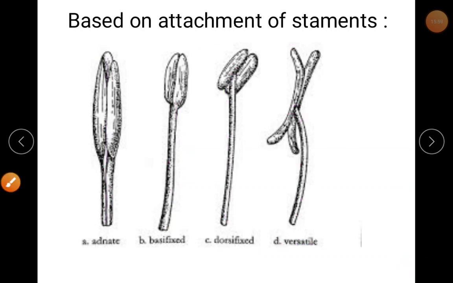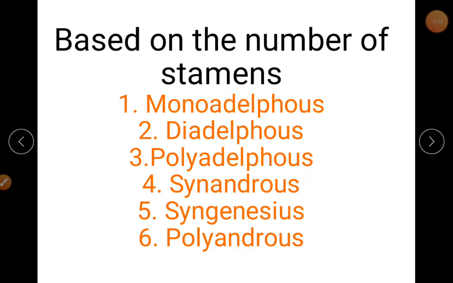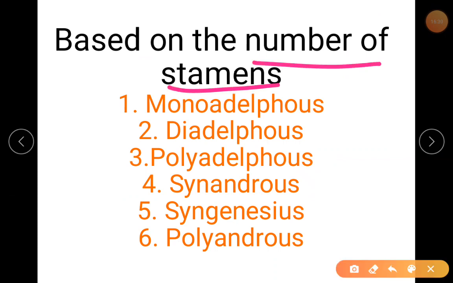So this can be asked for a 2-mark question, and if it is asked for 3 marks, see that you are going to draw. Okay, so it is based on the attachment of filament to anther. Please remember, make a correction here: attachment of filament to anther. So based on that, the stamens are classified into 4 types. Based on the number of stamens now, based on the number of stamens, we are studying, there are different types here: